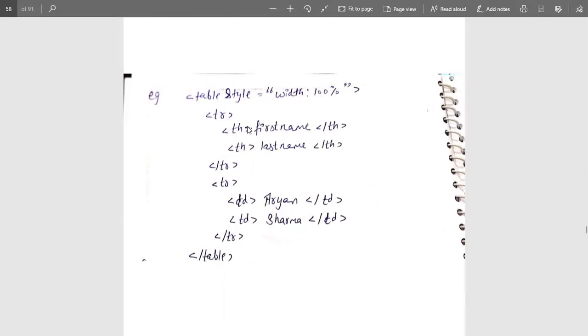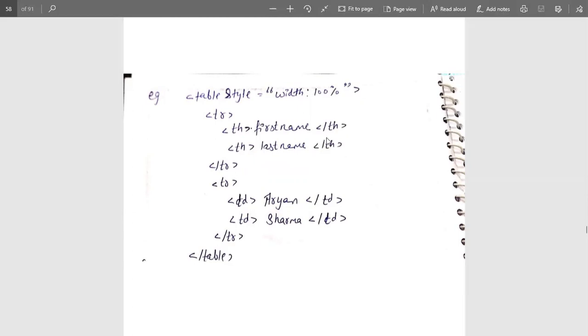Firstly, the header is named first name, and next the header is last name. So these are the headers in a table in the first row. Sorry, my mistake, it's a row, not a column, because the first row will contain the headers, first name as well as last name. Once the content is mentioned, we also have to close the tag here. The th tag is closed over here. Next, a th tag is started to insert another header. Once that is done, the th tag is closed again.